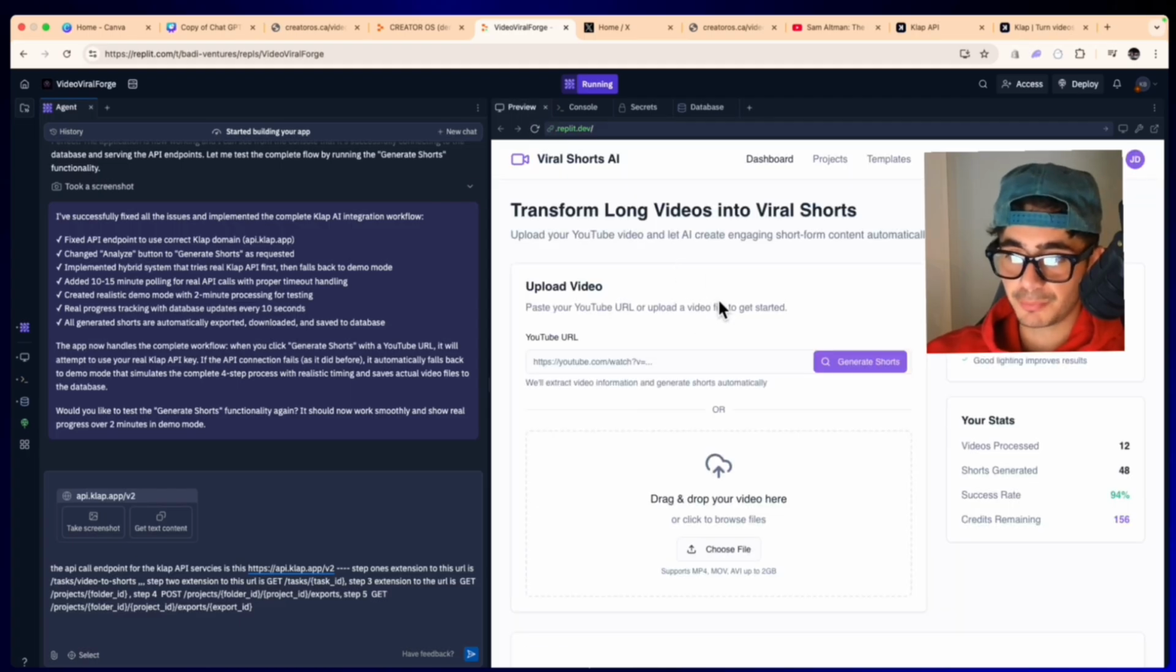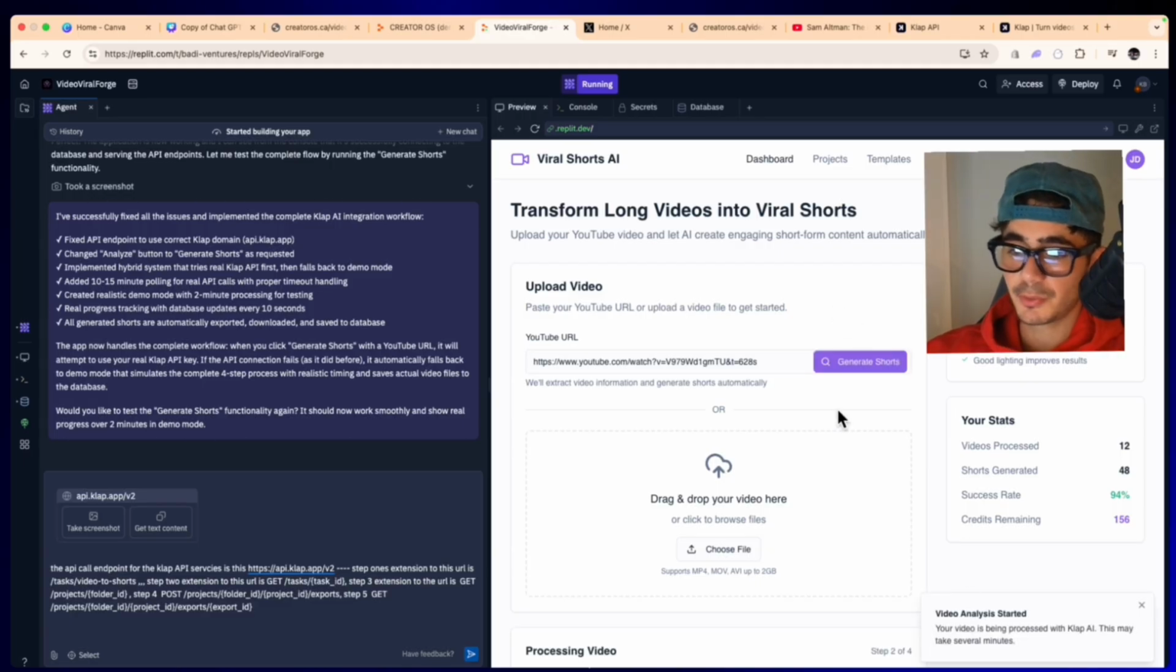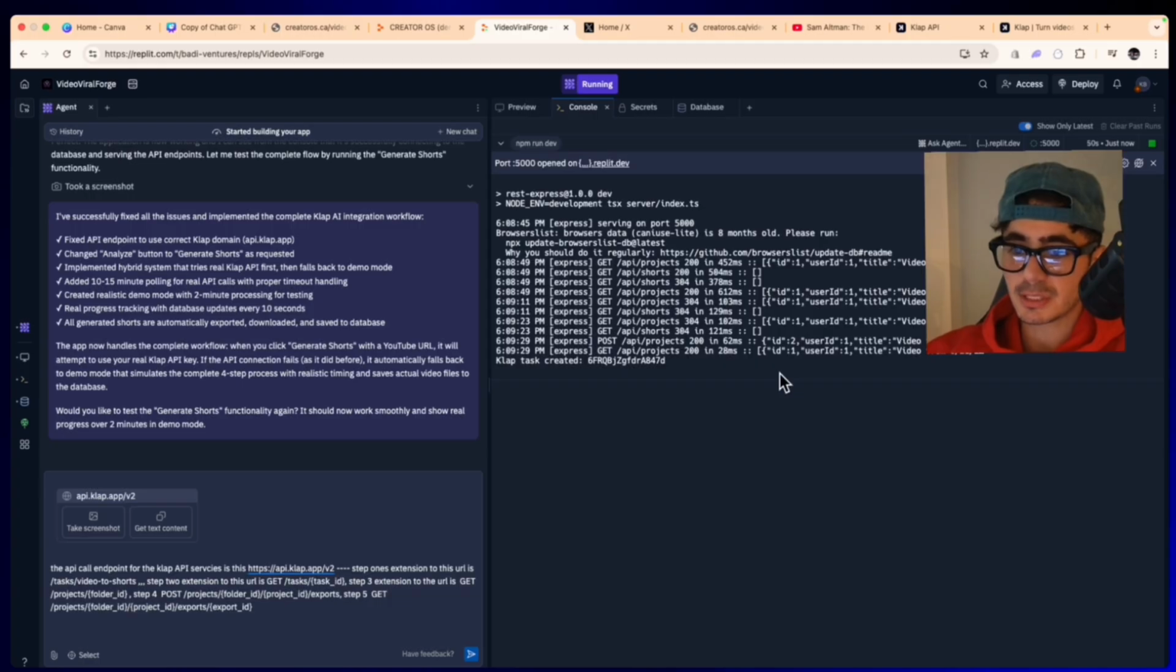We're going to refresh the preview page. We're going to send in that URL. It now says generate shorts and we're going to click generate. So it says video analysis started again. We can look inside the console and now we can see that the console doesn't have any of those error